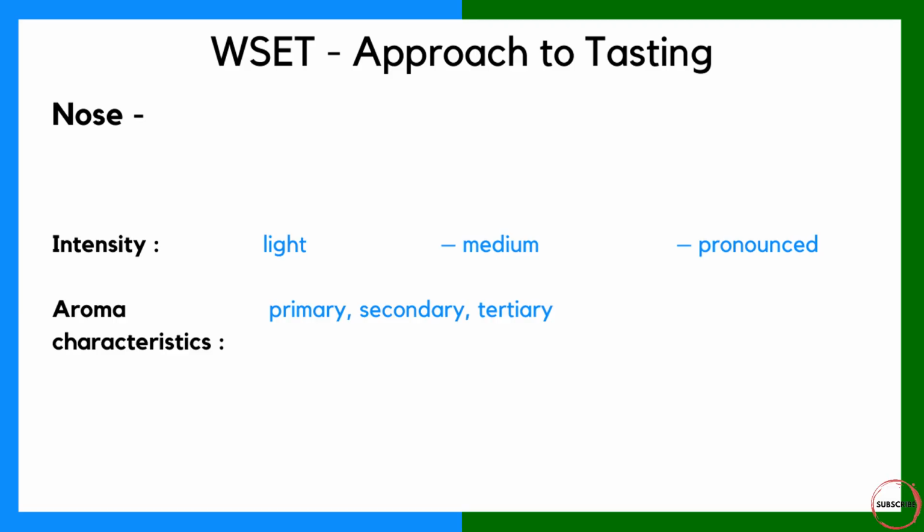Now, of course, we're going to move on to the smell of the wine, more commonly known as the nose. Now, the nose at level 2 is all about figuring out the intensity of the aromas as well as some of those characteristics. So you would say whether the intensity is light, medium or pronounced, and then you'd start to talk about some of those aroma characteristics, some of those primary fruit aromas, the secondary winemaking aromas, or the tertiary aging aromas. And that's all you need to do at level 2, but level 3 adds a little bit more